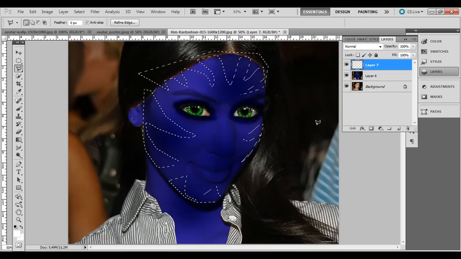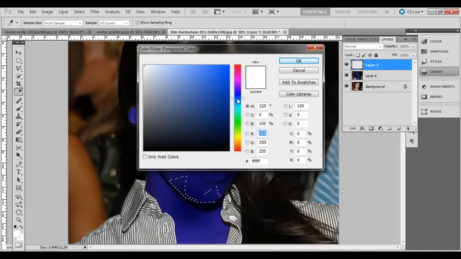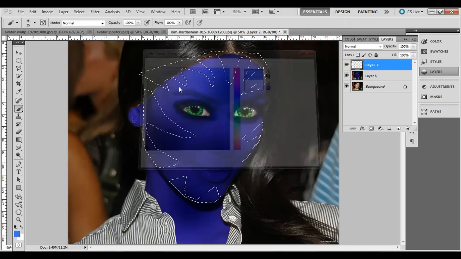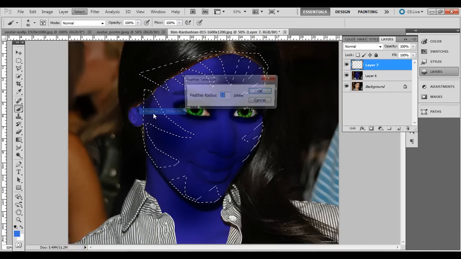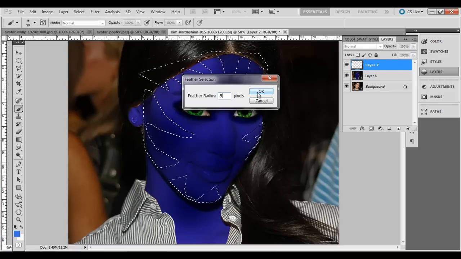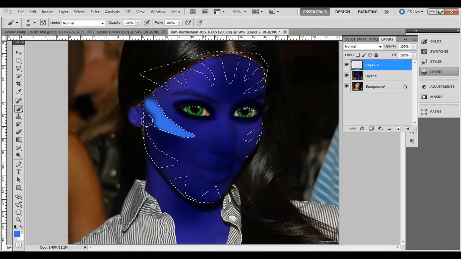Alright, we have a selection and we're on a new layer, so we can actually fill this with some kind of color, and then we could do some kind of layer adjustment, but I'm actually going to paint in some pixels here, with a soft edge brush. First I'm going to go to select, modify, feather. I'll do like a 5 pixel feather. Alright, so I'm just going to paint in here a little bit, paint in the bottom,